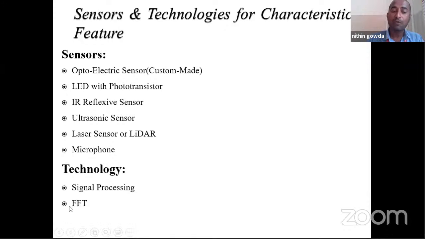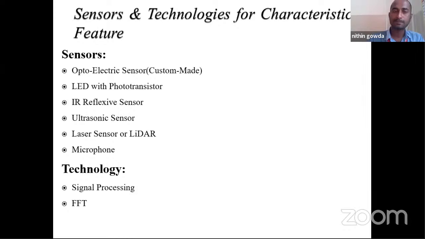The technologies you have to use here are Fourier transform and signal processing. Why? Because whatever you record using these sensors will be in the form of waveforms, since you record the frequency of flight and the sound produced. Such signals will be amplified and processed to get the actual digitized value. These are the technologies you have to use while working with characteristic feature recognition